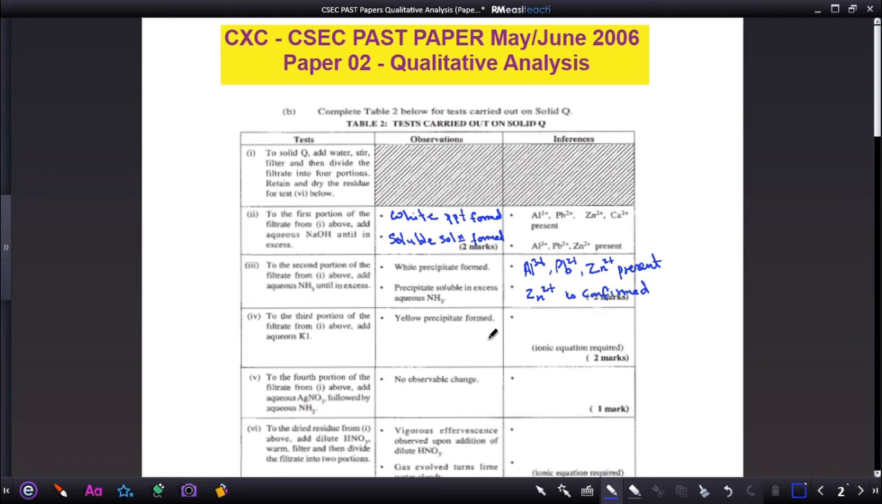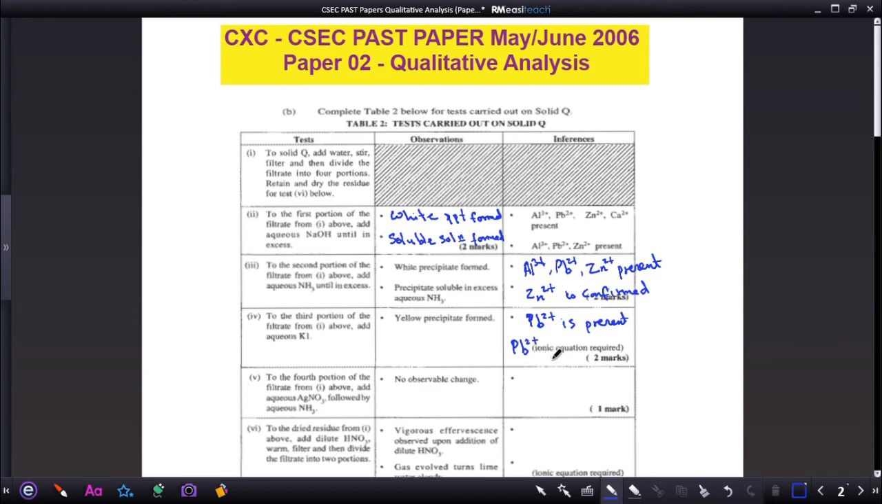A yellow PPT is formed. So once we add the aqueous potassium iodide and a yellow PPT forms, we know that the lead 2+ ion, Pb2+ ion, is present, and the equation for that would be